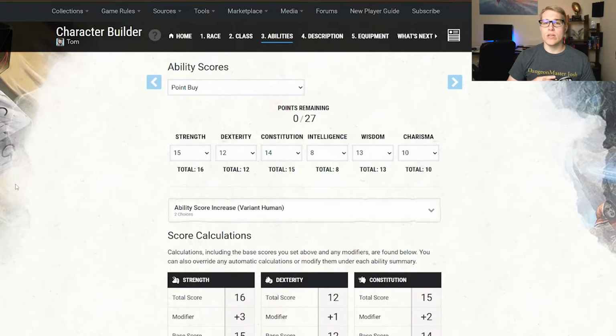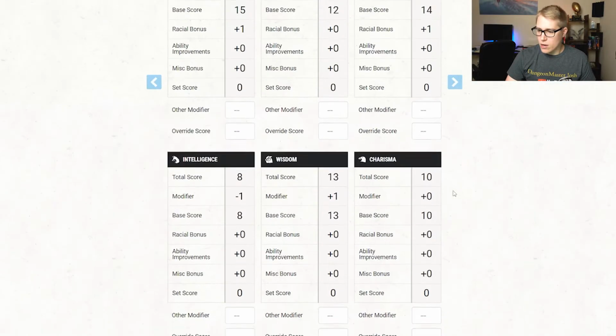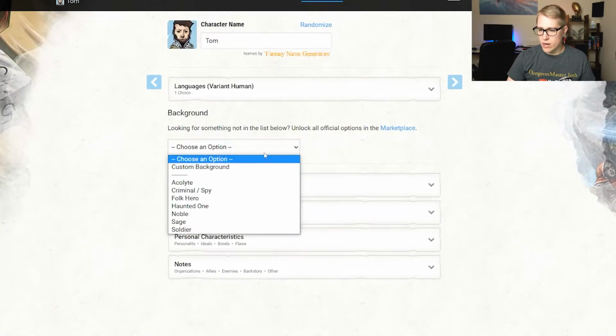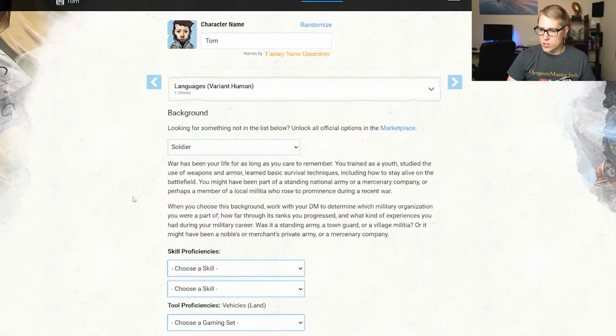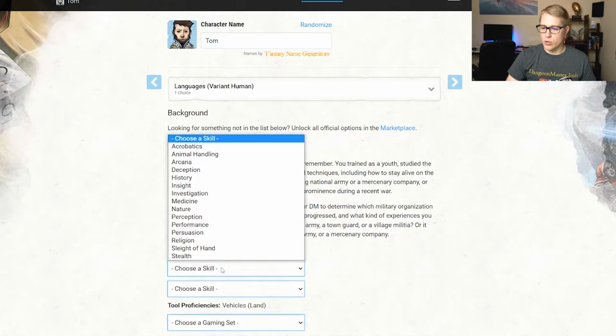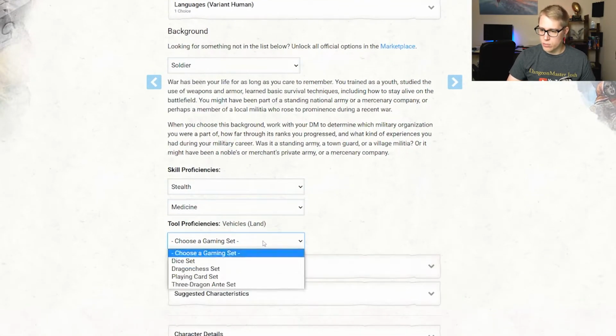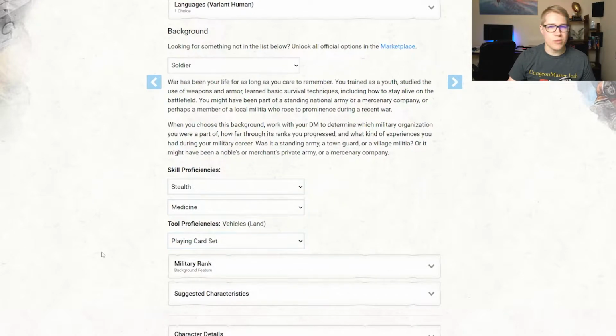Be aware when you're making your class what ability scores are important for that class. All right, so once we have that done, we will move on to description, which is setting your background. I'll just set him as a soldier. And then you get to pick a couple skills to be proficient at. So maybe he is good at sneaking. Yeah, he's a soldier. I'm sure he learned basic medicine. And of course, he did playing cards because, you know,